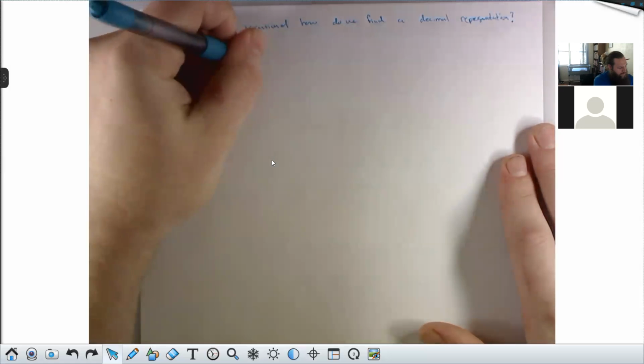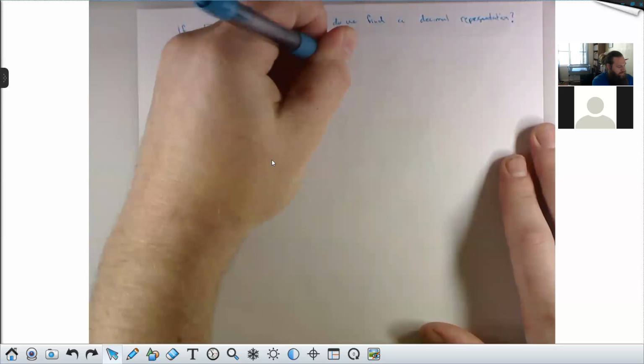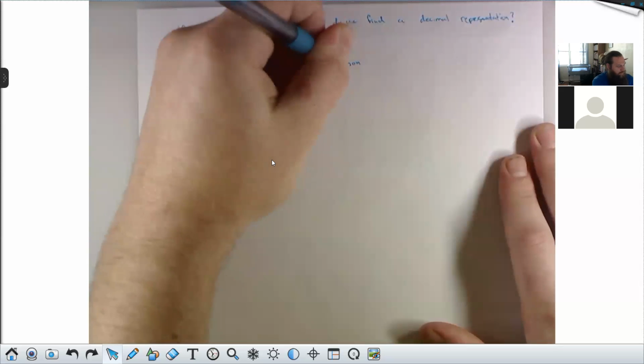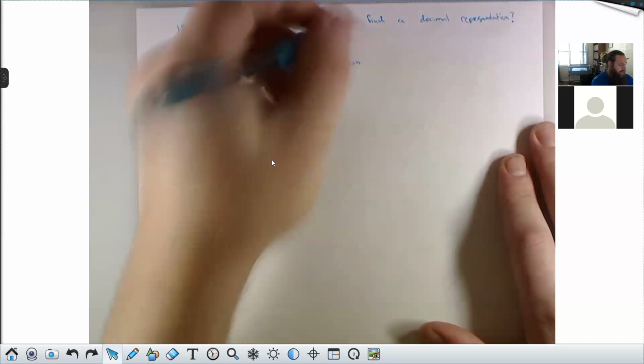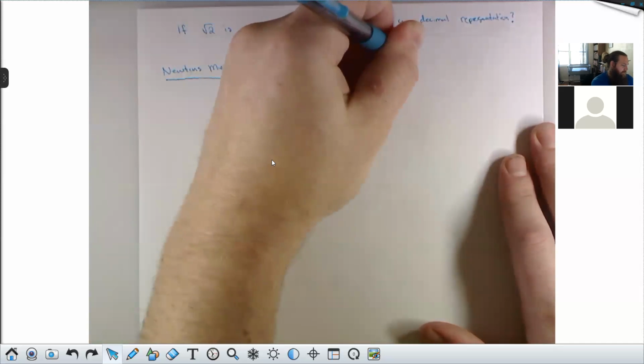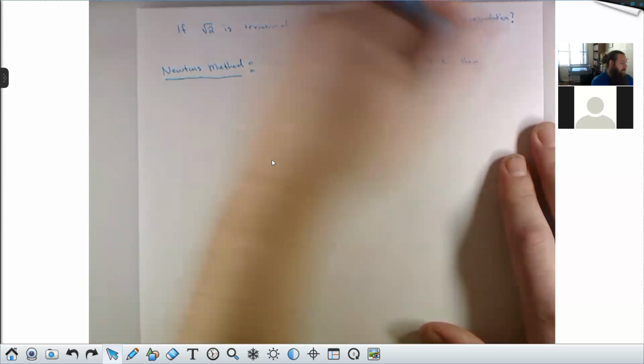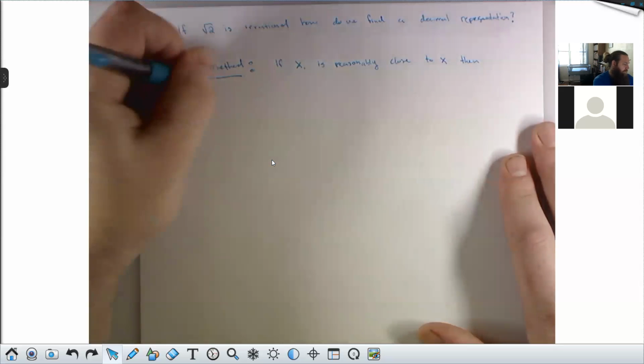I'll show you the theorem and then I'm going to draw a picture. This says if x1 is reasonably close, and I'll come back to this, reasonably close to x, then the sequence of numbers